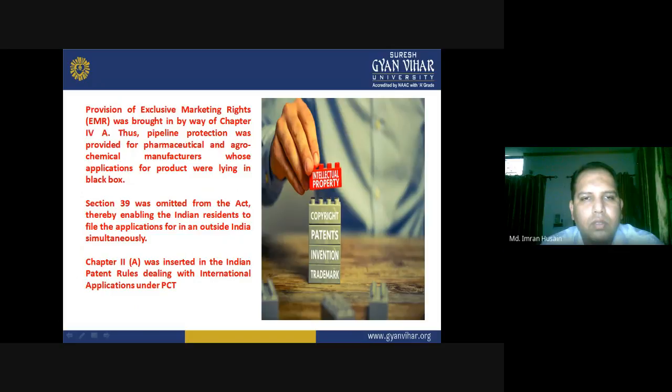Provisions of exclusive marketing rights (EMR). Exclusive marketing rights is also a new thing brought in by way of Chapter 4A. Thus, pipeline protection was provided for pharmaceutical and agrochemical manufacturers whose applications for products were lying in the black box. Pipeline protection was very much crucial for pharmaceutical and agrochemical manufacturers because they